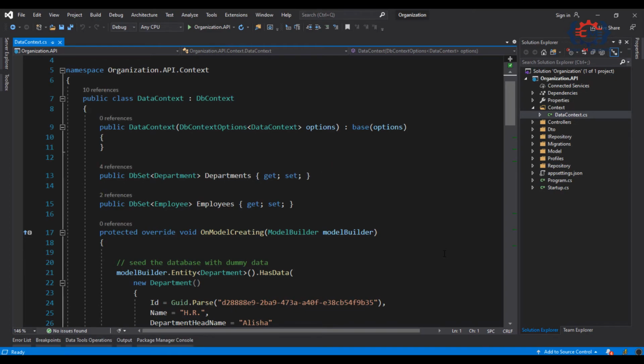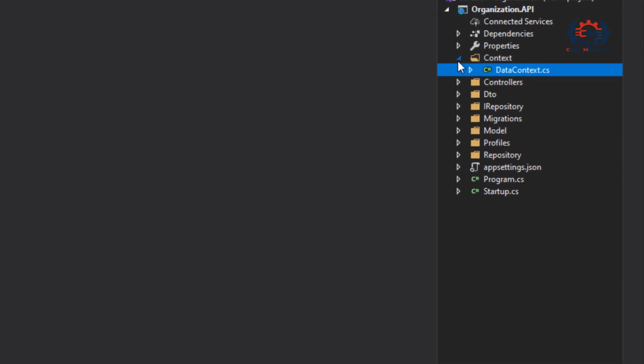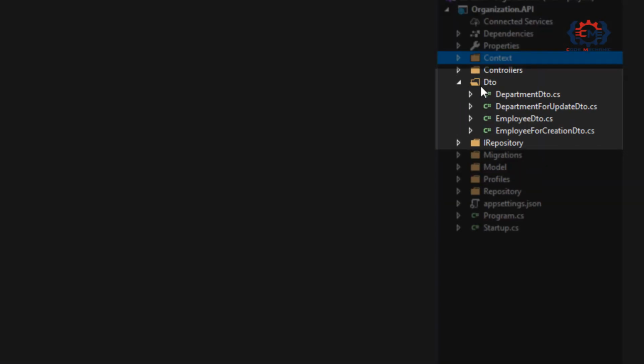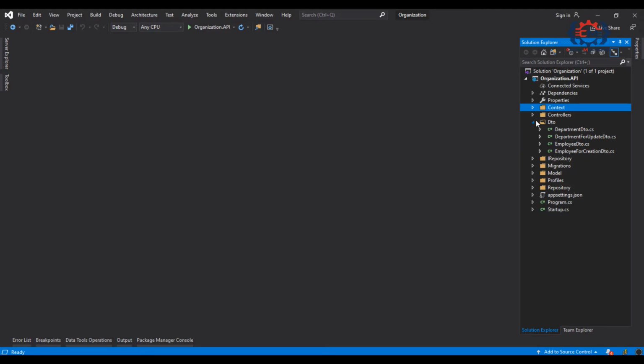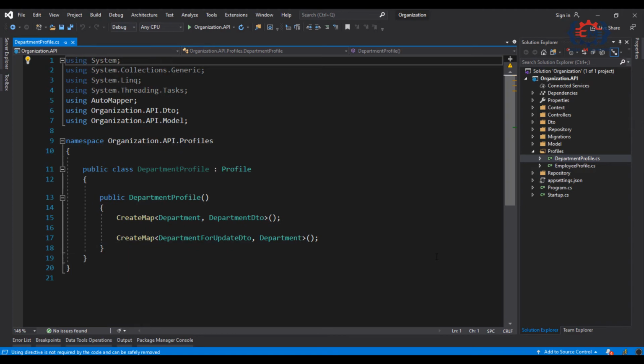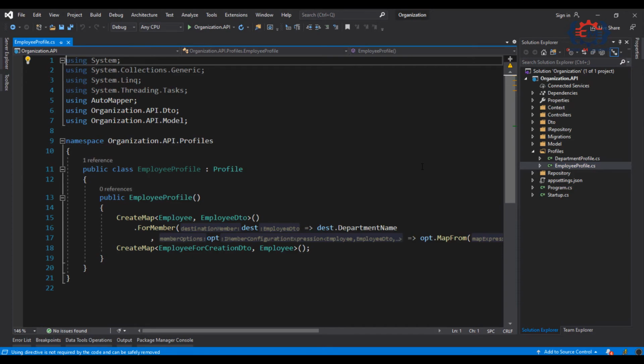The controllers don't expose these entities though. They expose the outer facing models, in other words DTO classes, that is data transfer object classes. We will use all of this. AutoMapper is then used to map between these. I created a department profile for mapping related to departments and an employee profile for mapping related to employees.